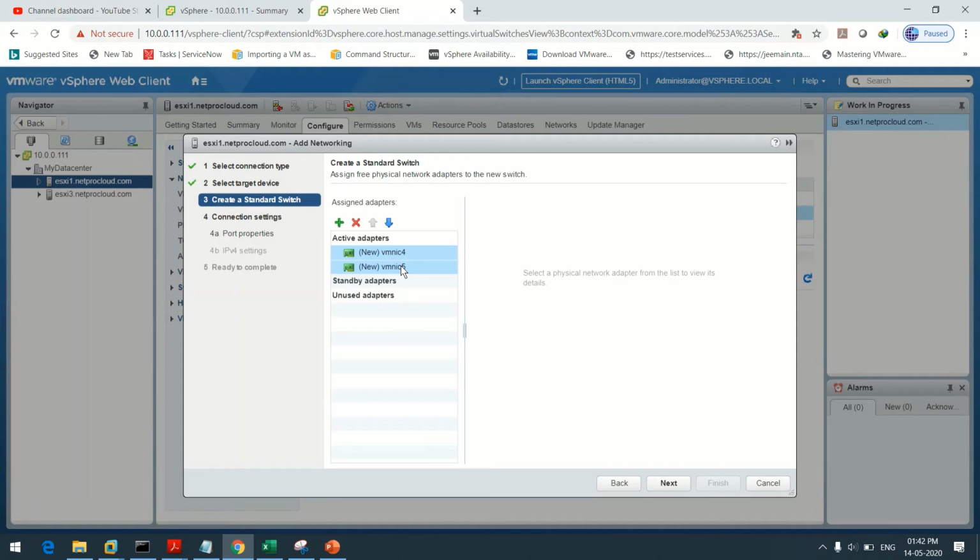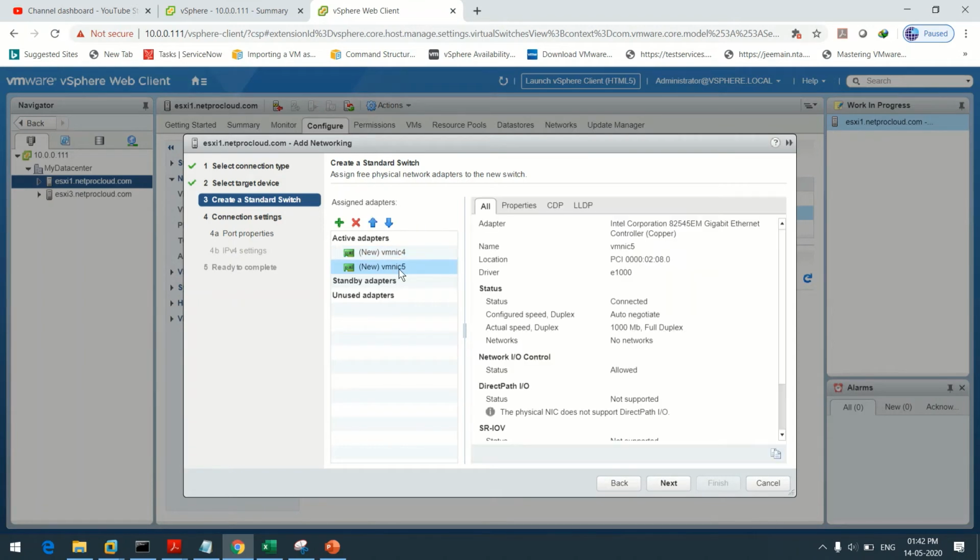But since we have to create multipathing, for iSCSI A I will provide the traffic onto VMNIC 4. So I will release this adapter and keep it in unused. Now my VMNIC 4 will be used by the iSCSI A, and my VMNIC 5 will be used by the iSCSI B. So for iSCSI A, I will keep VMNIC 5 in unused adapters. And whenever I create the new standard switch for the iSCSI B, at that time I will keep VMNIC 5 in the active adapters and VMNIC 4 in the unused adapters. Fine. So next.